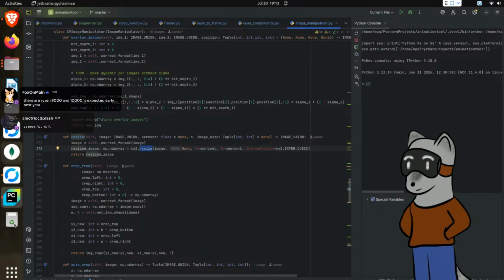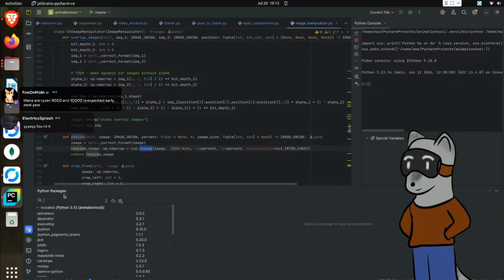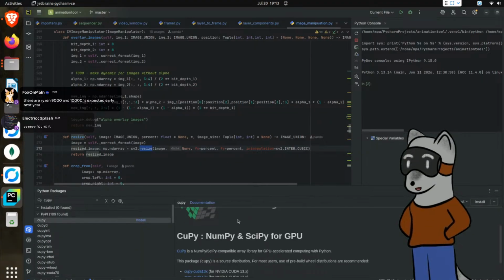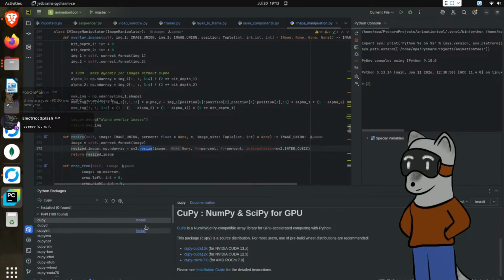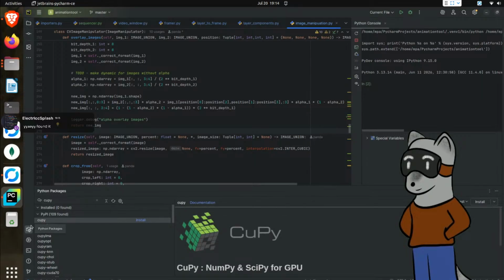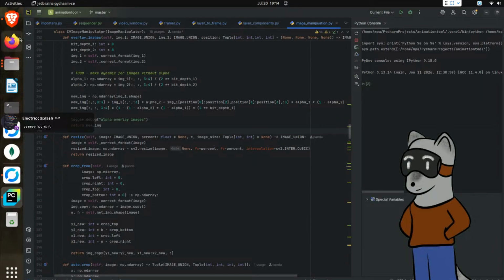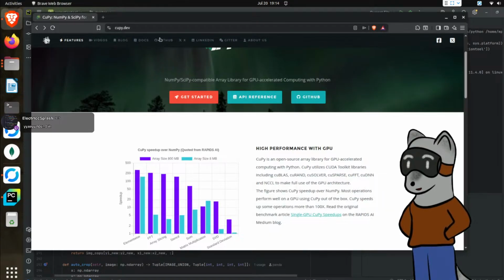Okay, first things first. Let's see about installing CuPy. Here we go. All right, let's go ahead and install that. Let's see if it crashes and burns. All right, while we're doing that, what we want to do is look up